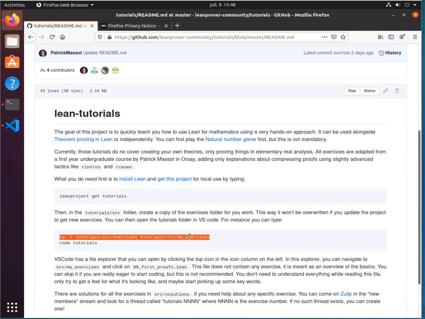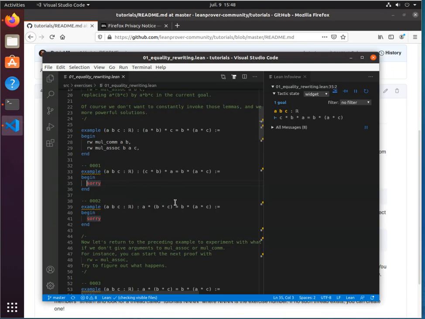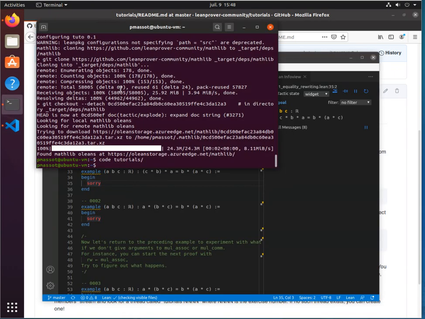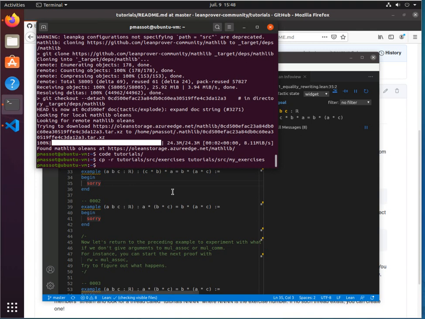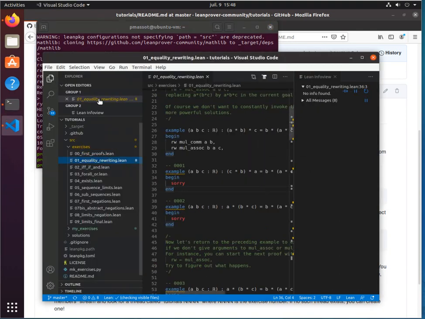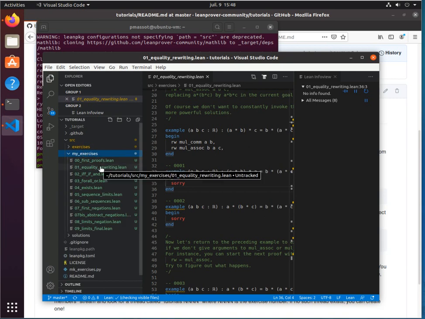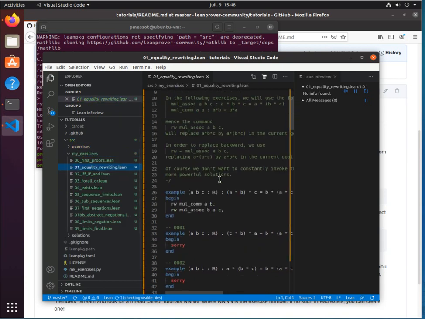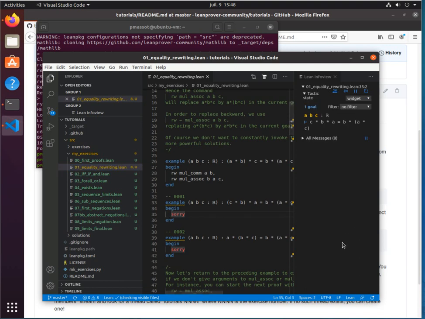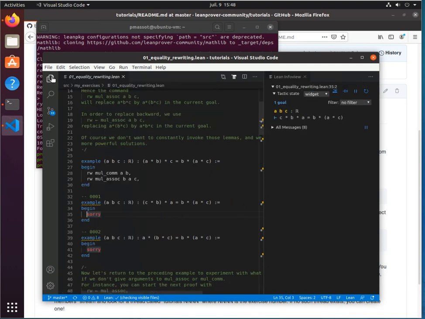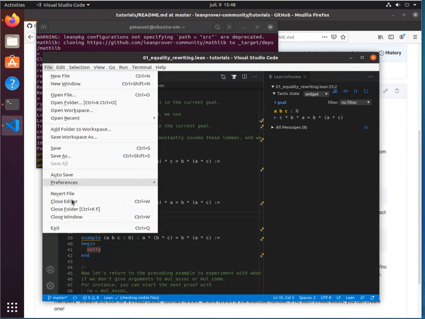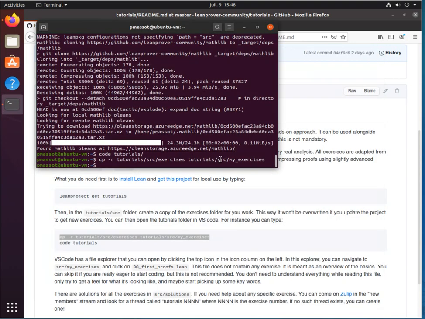So I can do that. And now I should rather edit the files in my exercises, and those won't be overwritten if you upgrade the project. And that's all I have to say about this project. There is another special case which is worth mentioning, is the Mathematics in Lean